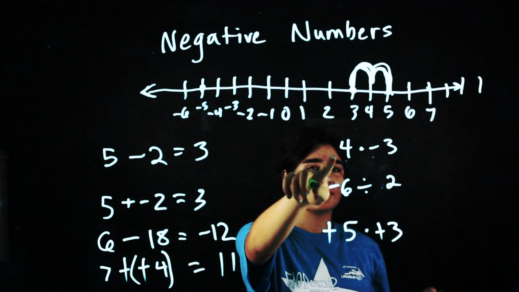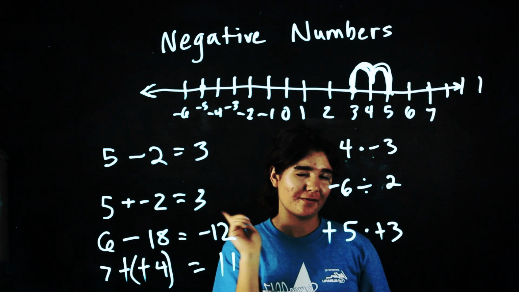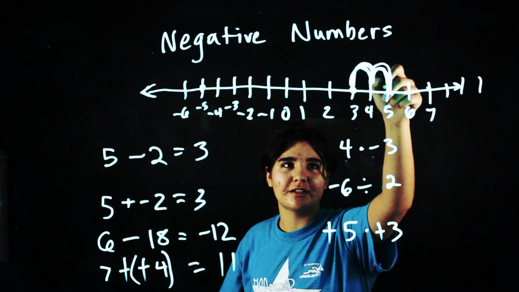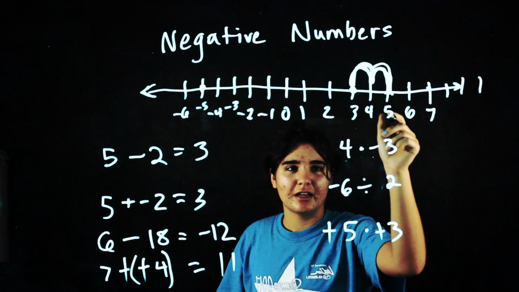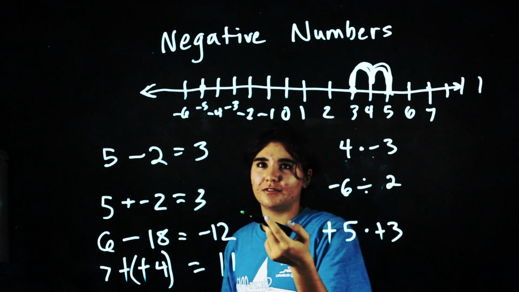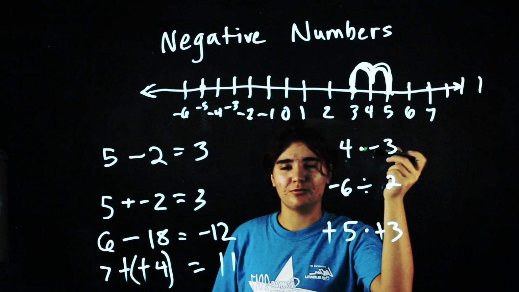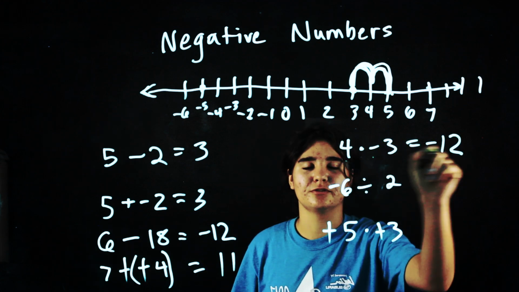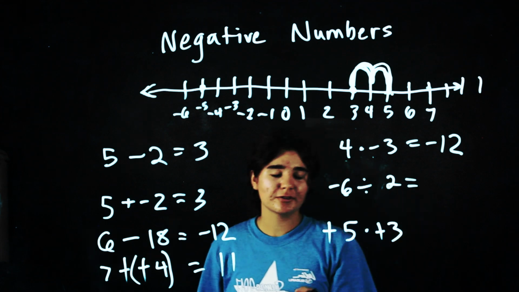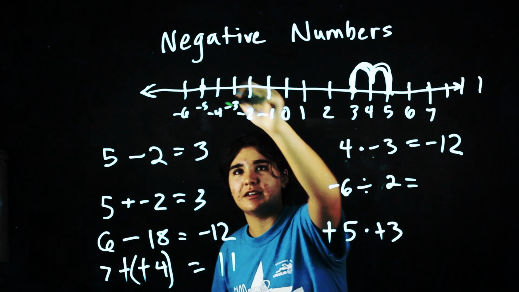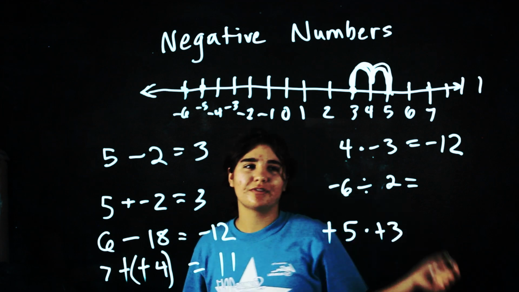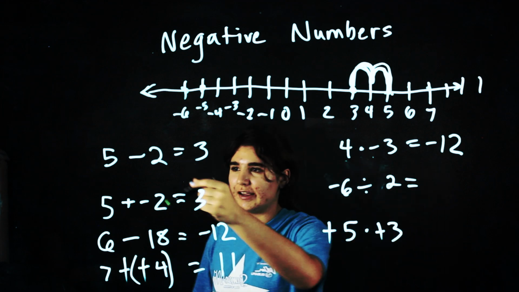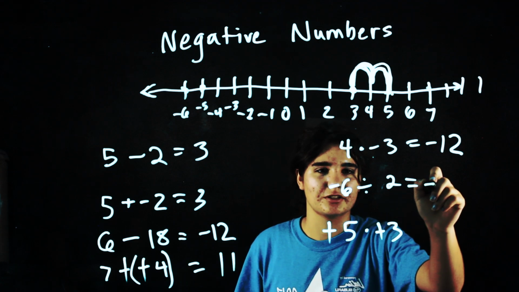But for multiplication and division, if you just have one negative sign that doesn't cancel out with anything, right? You have this 4, and then you're multiplying it by a negative 3. So it's only changing directions once. It's going to go the negative direction, so it's going to be negative 12. You have to keep that sign. Same thing with negative 6 divided by 2. We have a negative 6, but we're dividing it by a positive 2. So we're just going to stay in that negative direction, and this is still going to be a negative